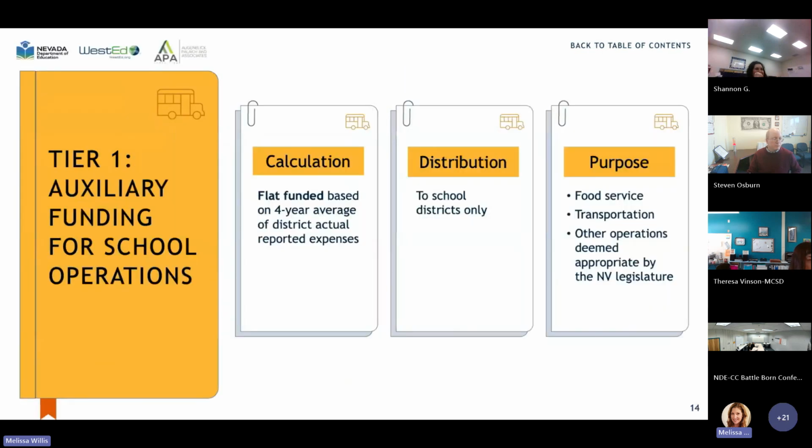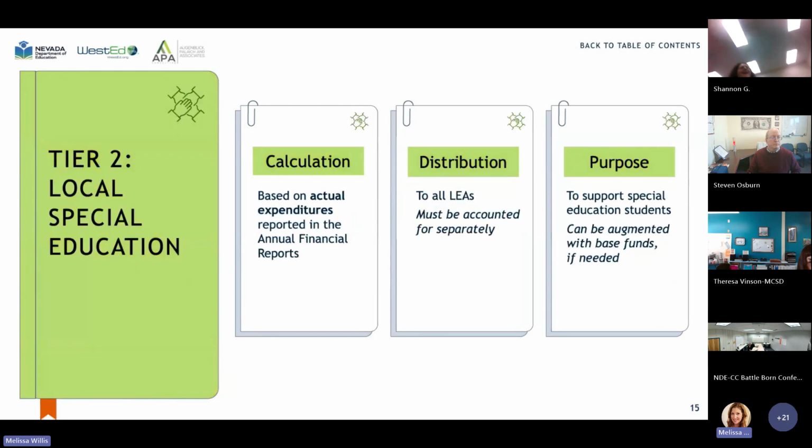Auxiliary funding is to be used for food service, transportation, and other operational expenses deemed appropriate by the state legislature. Allocations are distributed to school districts only, excluding charter schools, and are based on a 4-year average of a school district's actual reported expenses. Charter schools may receive separate grant funds for similar purposes, such as transportation. Tier 2,